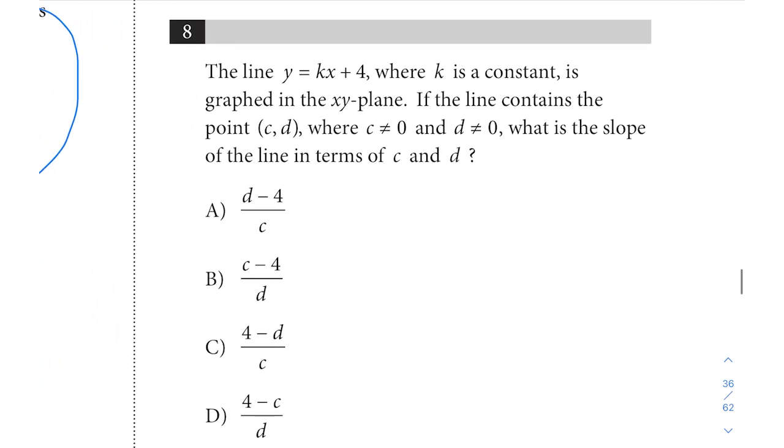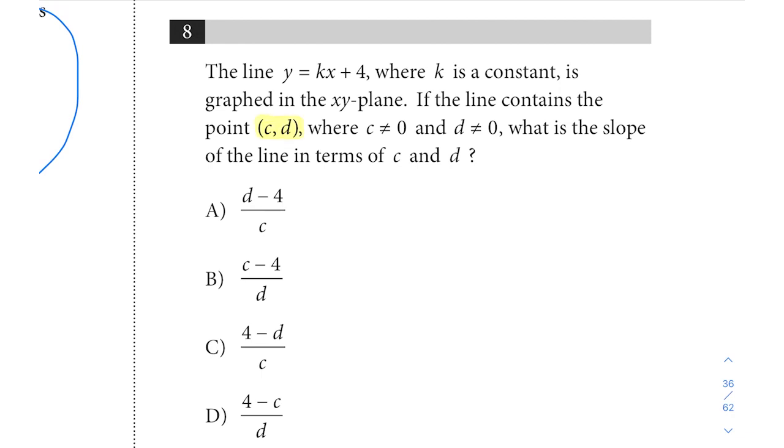So here they give us the equation of a line. It says y equals kx plus 4, where k is a constant, is graphed in the xy plane. If the line contains the point (c, d), where c is not equal to 0 and d is not equal to 0, what is the slope of the line in terms of c and d? So